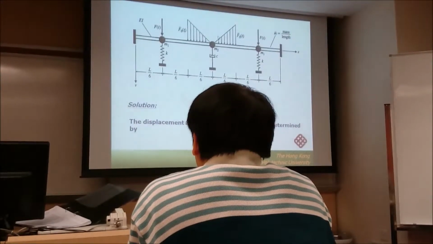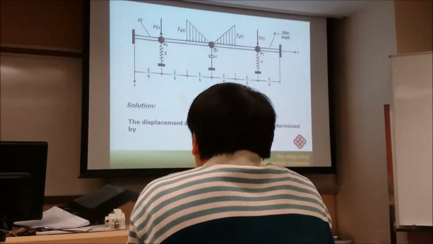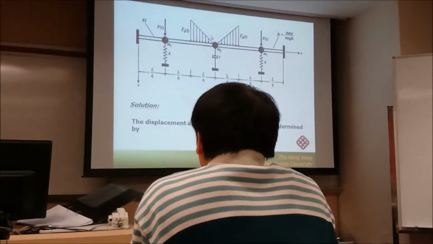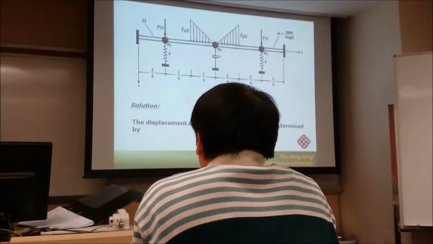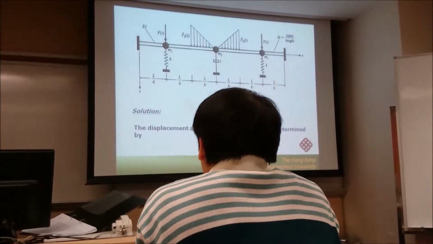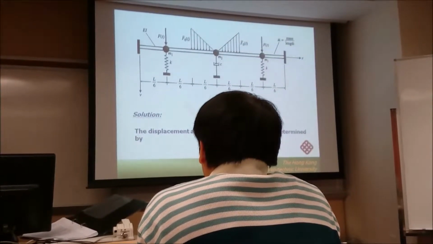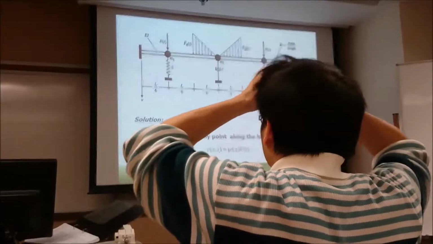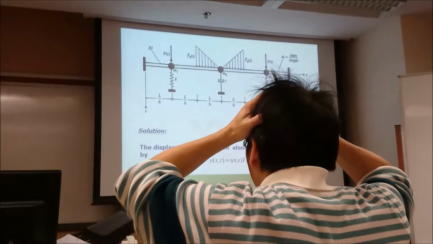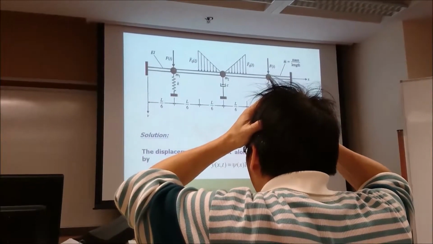Because if you consider half of the structure, M2 will be separated into 2 masses, each one with a mass equal to M2 over 2. It's not a good idea. I do not recommend you to separate the structure into 2 parts. You just need to consider,